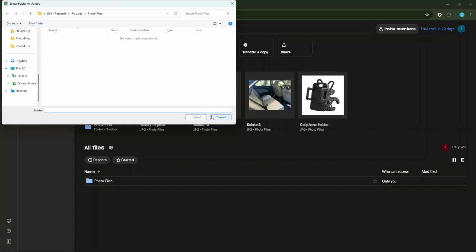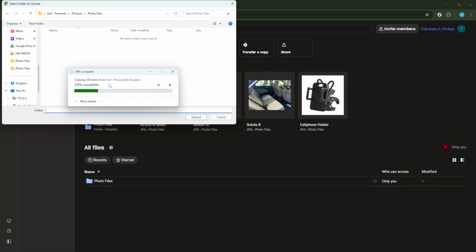Next, locate the file within your Dropbox folder. This might be in the Dropbox app on your desktop or online through a web browser. Right-click on the file here using your mouse or trackpad. If you're on a mobile device, you can tap the Options menu beside the file. From this context menu, select the Share option. This step is crucial as it opens up the options for sharing your file with others.